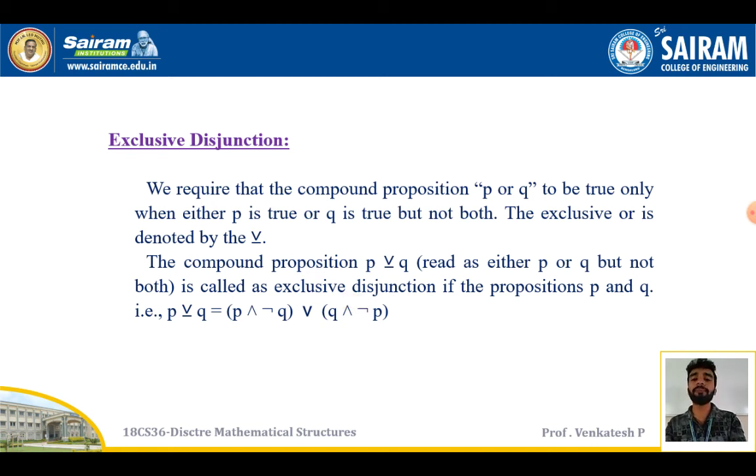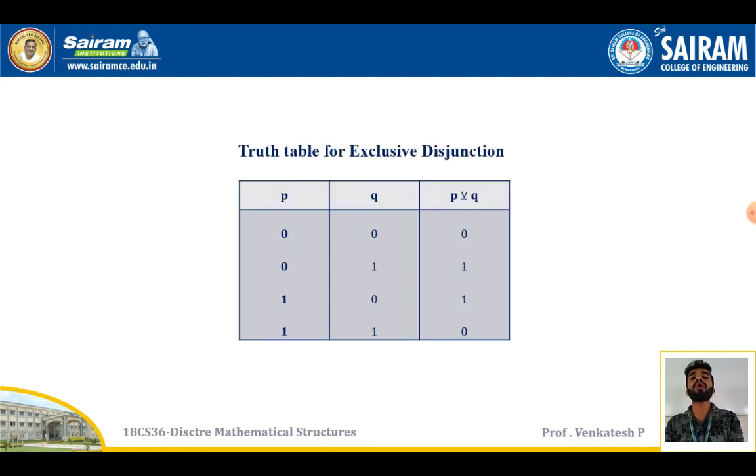We'll define the same thing by using the truth table. So let me take the values of P here and Q here, and either P or Q but not both in this column. I am assigning the values for P 0 0 1 1, for Q 0 1 0 1. Now I am going to define either P or Q but not both. For 0 0 the value will be 0, for P0 Q1 obviously it will be 1 because I am taking either P or Q but not both. Then for P1 Q0 it will be equal to 1, and for 1 1 it will be 0.